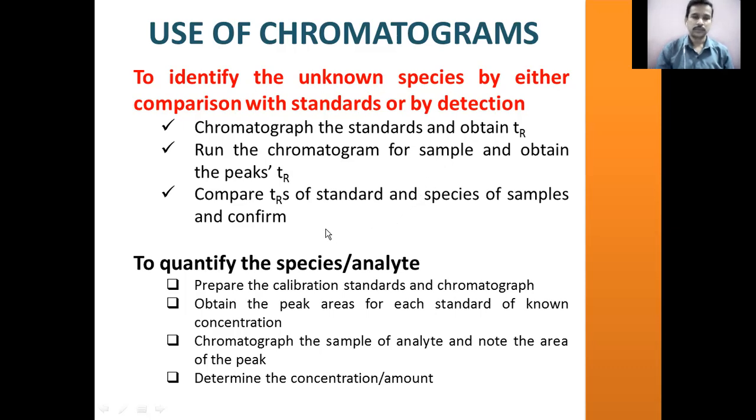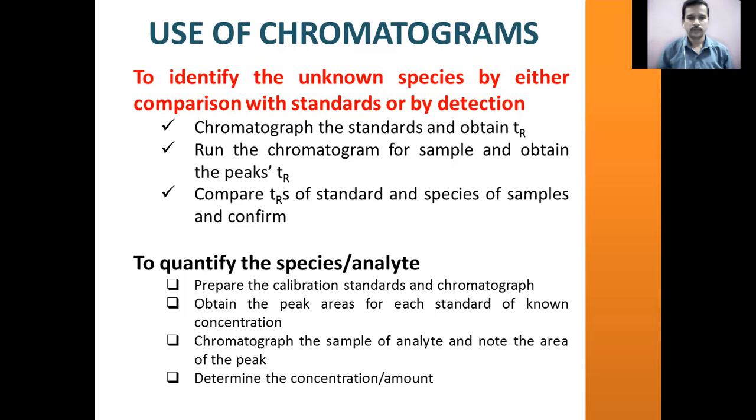So suppose you are suspecting any drug molecule present in the given sample. For example, you may have to estimate the quantity of unmetabolized paracetamol present in the blood sample. You take a pure paracetamol compound and you elute it. You note down the retention time. Then you take the blood sample after subjecting it to a prior separation in order to remove all endogenous substances.